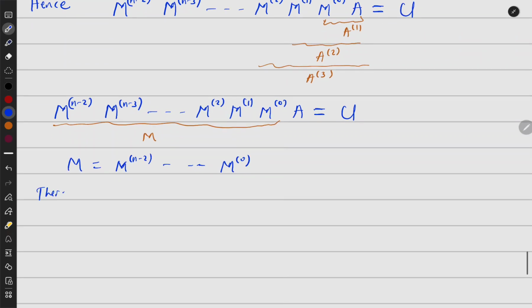Therefore someone can write, instead of writing all of them, MA equals to U. Okay, so therefore if my MA equals to U, then